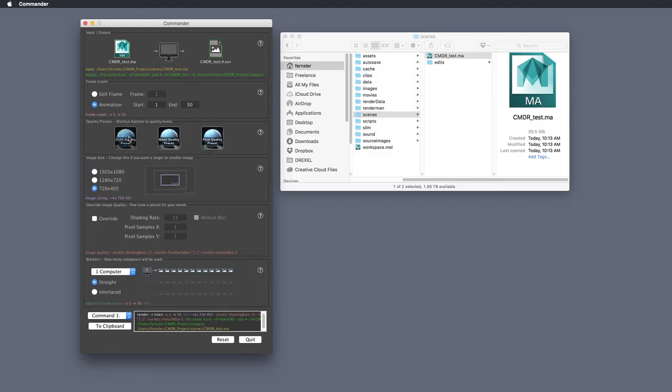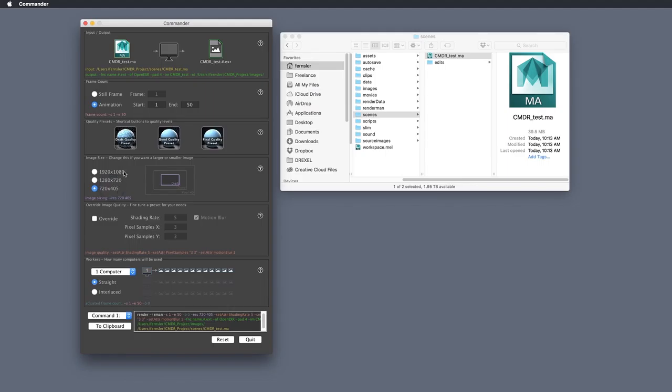So if you need something in draft quality to just check the animation speed or check your lighting, you can do that. But if you want to maintain your draft settings but render to full size, you can also do that. So this is just a quick way to get yourself into the ballpark before you fine-tune what you want in this next section. The next section is the image size,